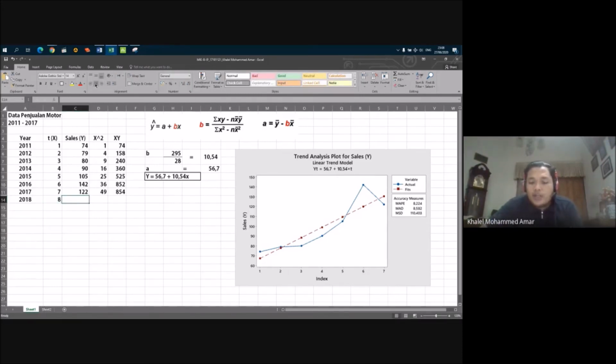So the prediction will be, we will use this formula, A plus B times X, the 8, because it is the 8th year. So the prediction for 2018 is 141 units of motorcycle sales. So this is the example of prediction or forecasting using the least square method.